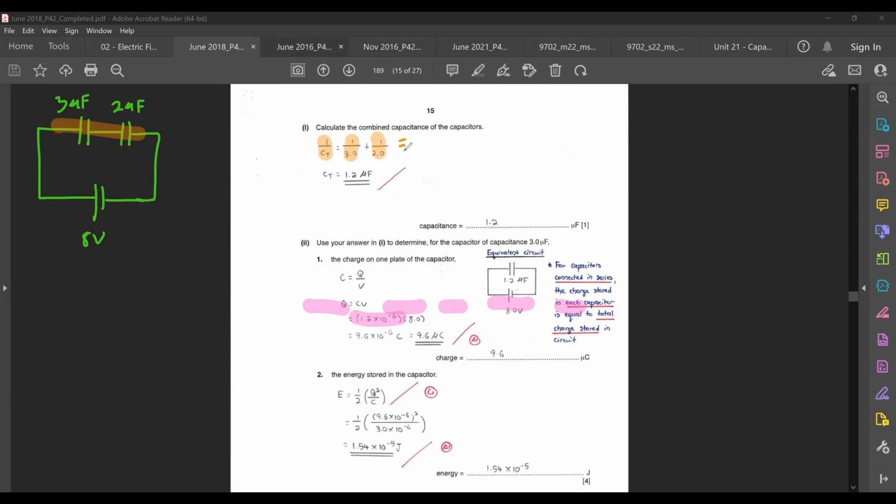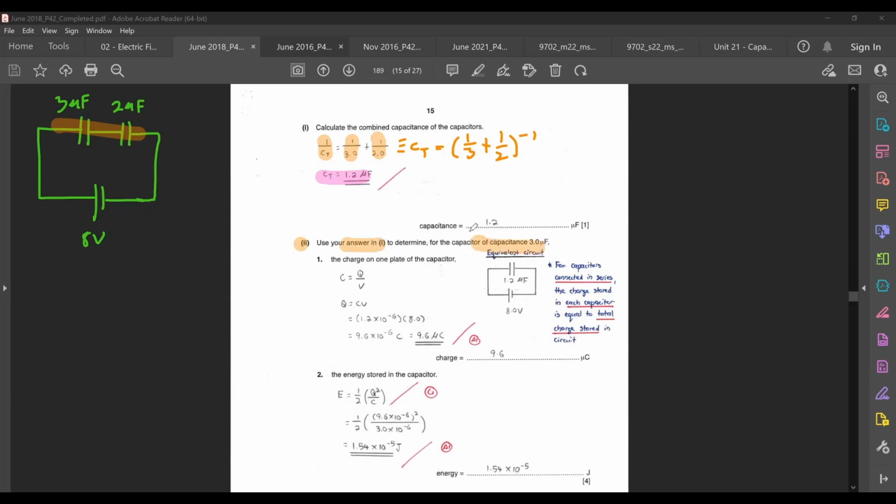This is actually the same as writing this. Sometimes you will notice that I tend to write it in brackets with power -1. It's actually the same thing as writing this. Okay. So your total capacitance will be 1.2 microfarads. All right. And then if you look at part 2, use the answer that you have found to determine for